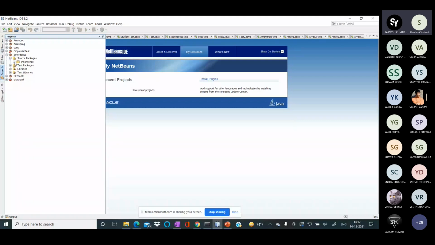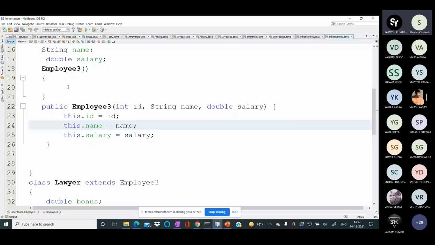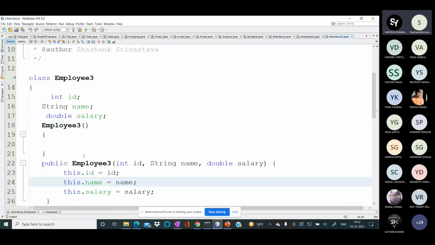So we have discussed inheritance, and I think we have already seen the significance of the super keyword. If you see this example, I'm going to tell you one important feature here. Suppose if you see this program, I have created an employee class, Employee3, because I have already created Employee1 and Employee2 in the same package. So there is a conflict in the name of the employee class, so I have written Employee3 here.